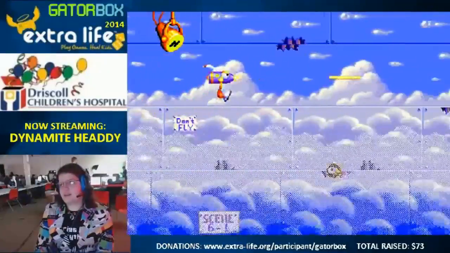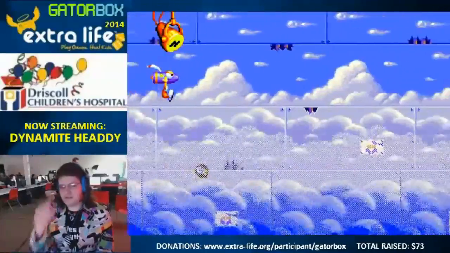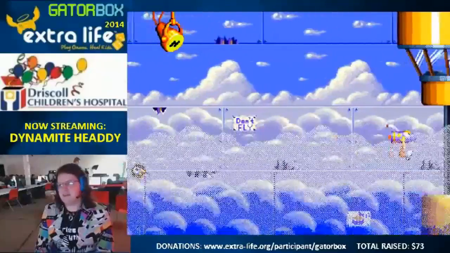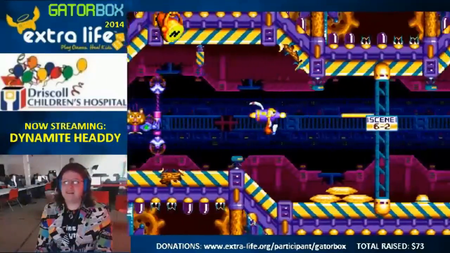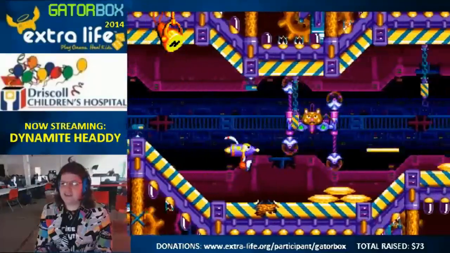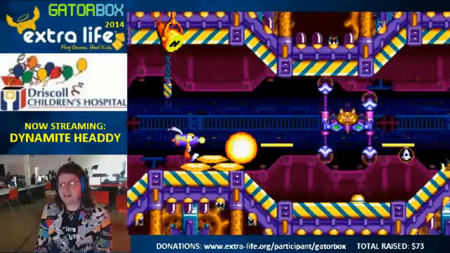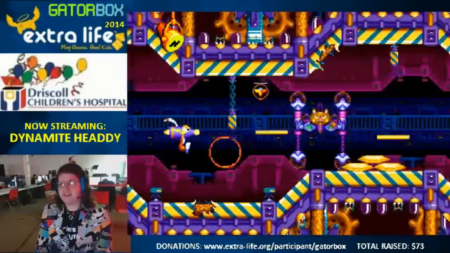One thing that I like about Rocket Head is he has that little circle on the side of his head that is also your health indicator. It's cool. So this is Fly Hard. I really wish that Gatorbox had the viewership so that we could do things like donate $1 every time you see a bad game pun, or a bad movie title pun in this game, but...